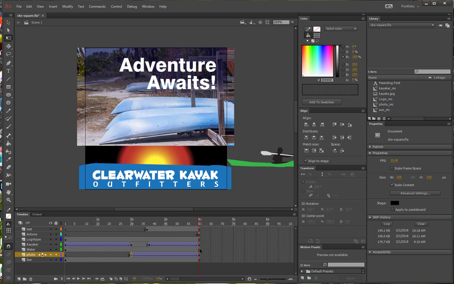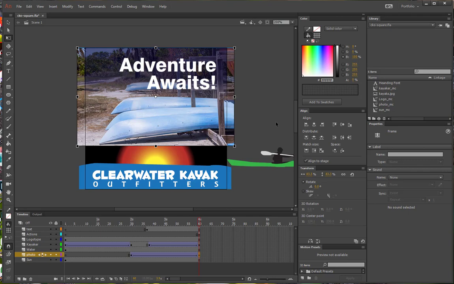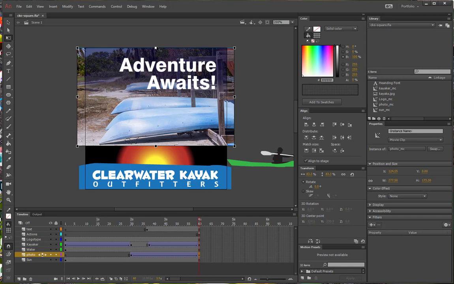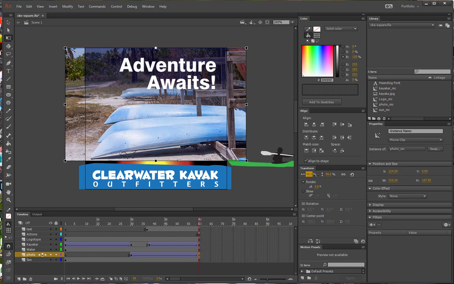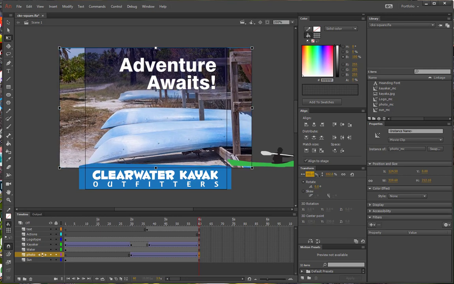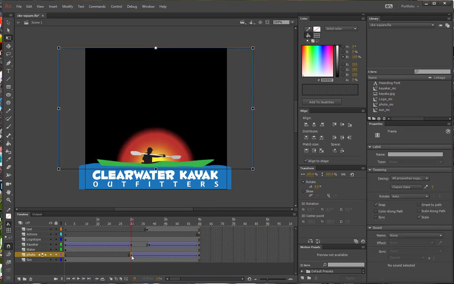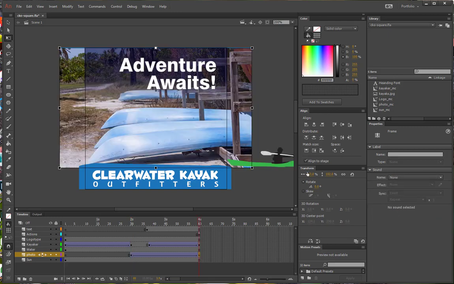And then in frame 60 we're going to select the photo again, and this time we are going to again go to the transform tool, move the transformation handle to the top, and we're going to again transform out to the same proportion. I believe it was, take a look at the number. If you aren't sure, if you don't remember, go back and double check. 103, so let me go back to that, and yours might scale slightly different. 103,